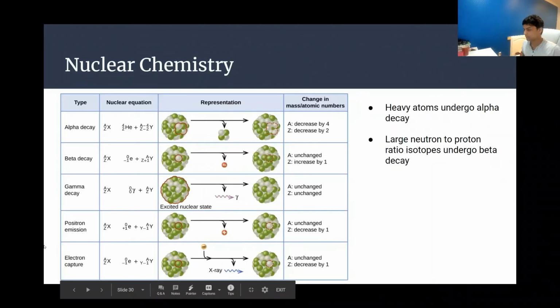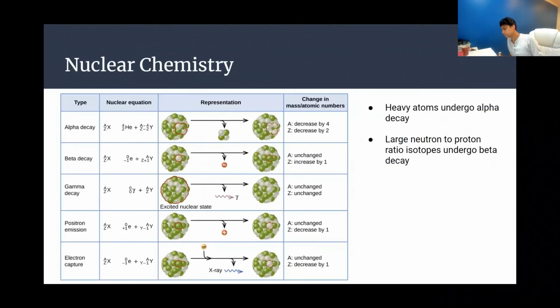So, nuclear chemistry. You just have to memorize these 5 types. Alpha decay is where you lose a helium nucleus. It usually happens in heavy atoms, which undergo alpha decay to lower their nucleus size. Beta decay is where a neutron